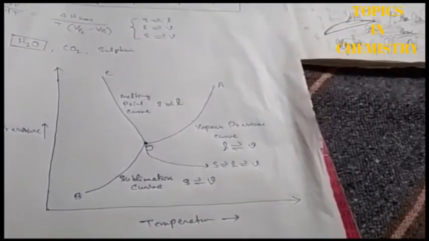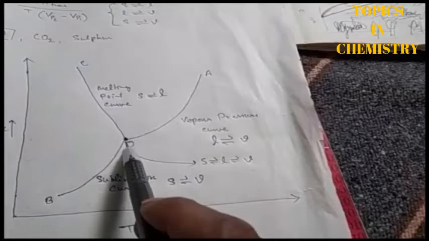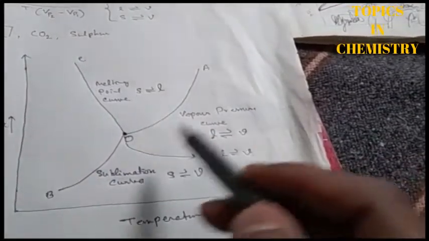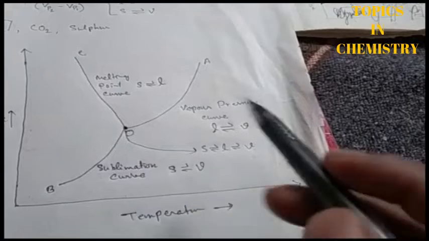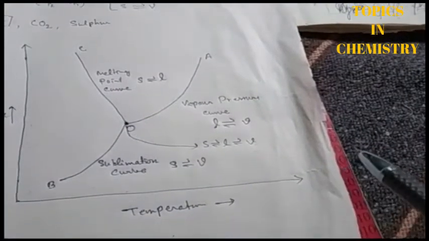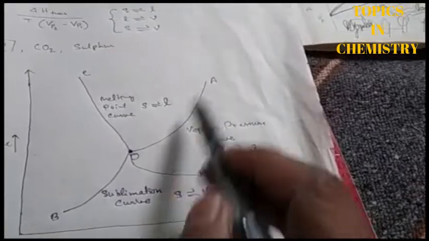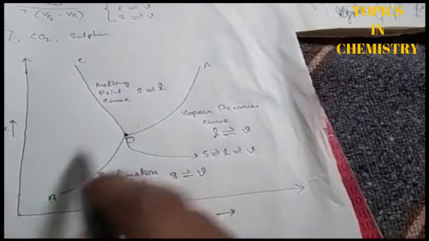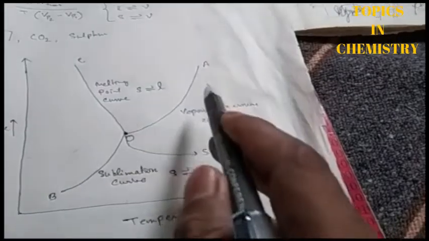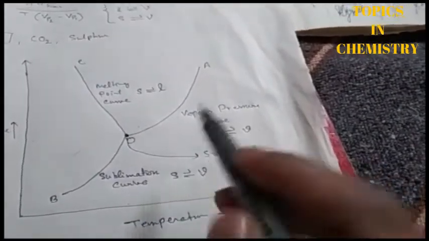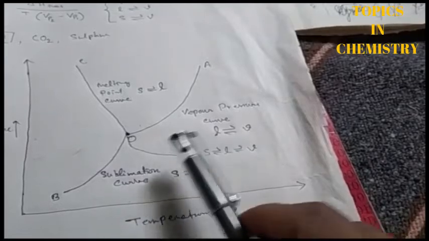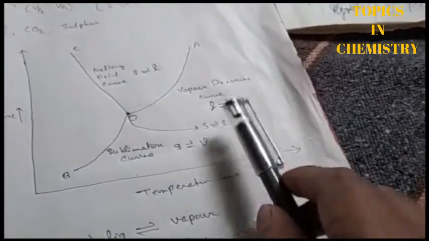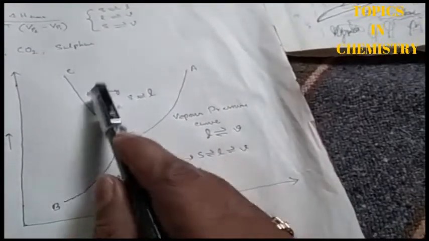So now you know the line, you know the point, and you have to know another term, that is the area. So here you can see there are mainly three important areas. What are those areas? You can see here that AOC is an area. You can see here BOC, this is one area. Another area is BOA, this is the total one area. So three areas are possible here. Another area is this one, COA. Another one is this area, this is the BOC.